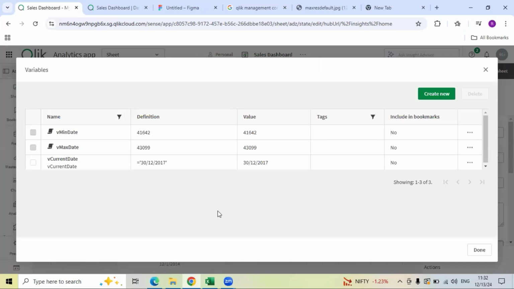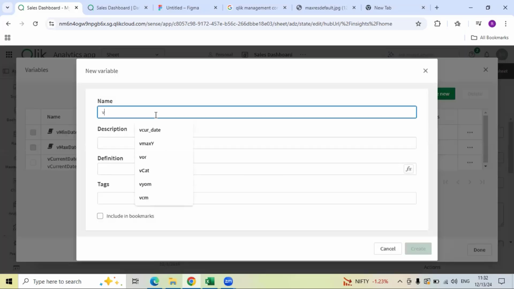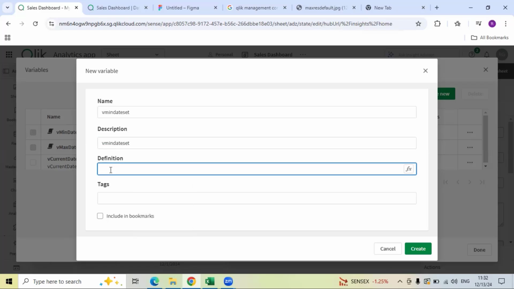This is the current date maximum, and we can set one more variable, v minimum date, and here we can provide the same 1 12